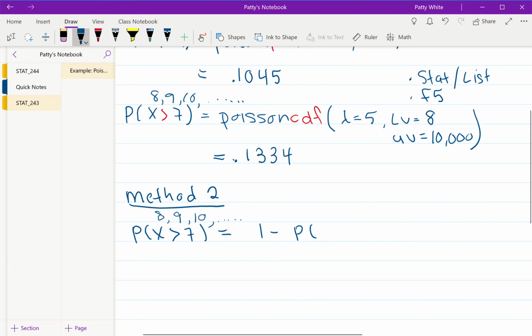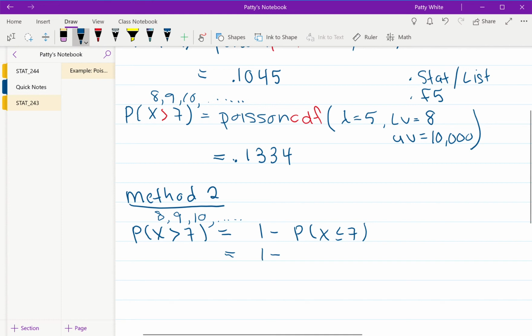So the opposite of this would be the numbers I haven't included. The smallest number here is 8. So that means the opposite probability must be all the numbers less than or equal to 7, because they're not included here. Right? 7 would not be in this list, and a number smaller than 7 would not be in this list. So this is the opposite probability. And then I would say that's 1 minus